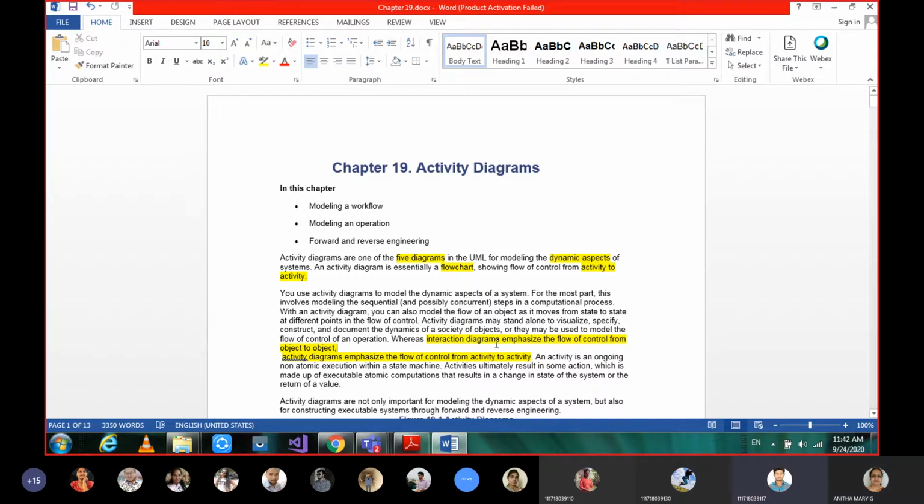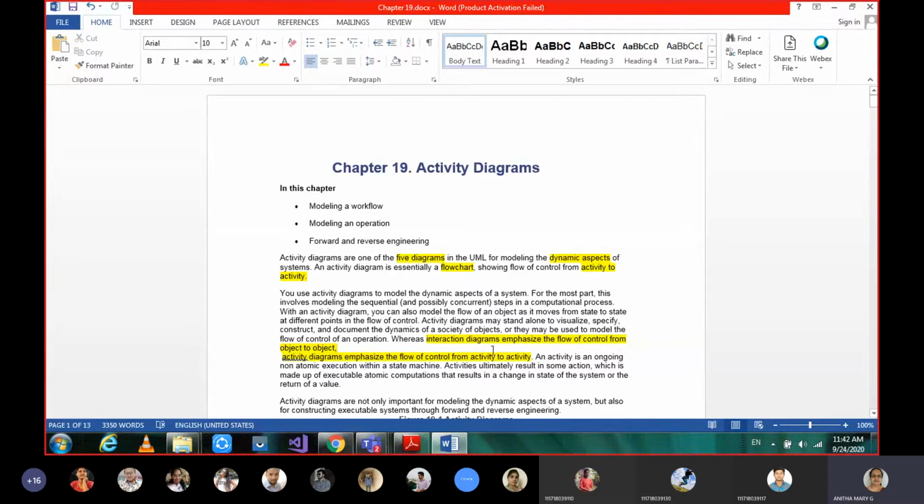Ma'am, can we say use case is also one of the objects? Here I am not talking about use case diagrams; I am talking about interaction diagrams. In interaction diagrams, the flow control is given between the objects. In activity diagrams, it is given between the activities. Whereas in use case diagrams, we segregate each flow as a use case. We are not showing any flow control there. Each flow, a sequence of steps, we call a use case.